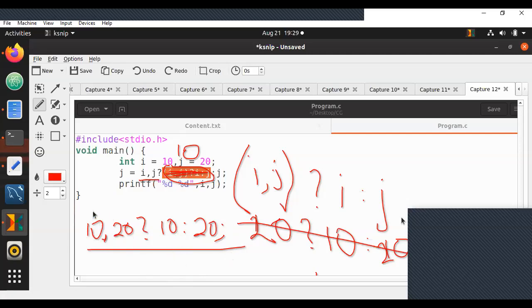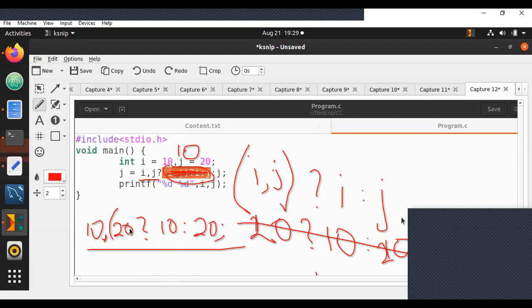My question: will it take 10 comma 20 together as condition, or will it only take 20 as condition? Not together. Please note, it does not take together.